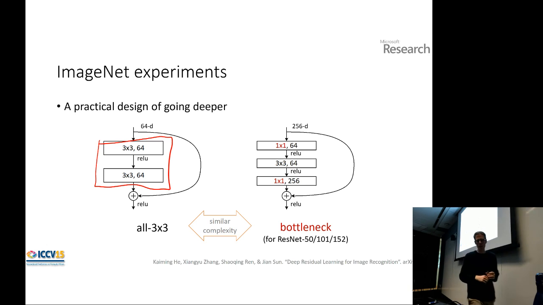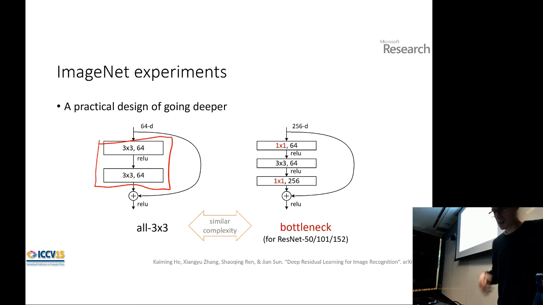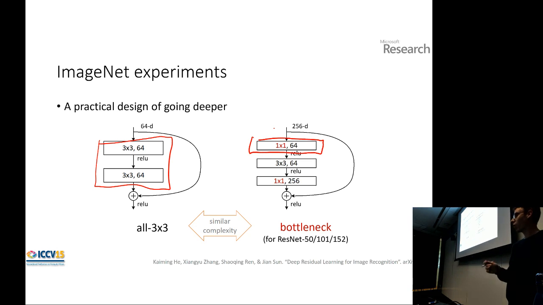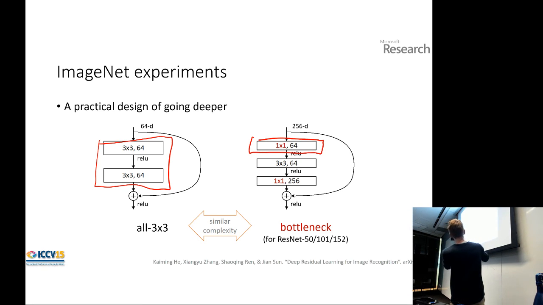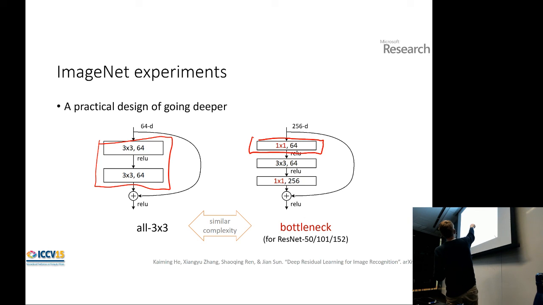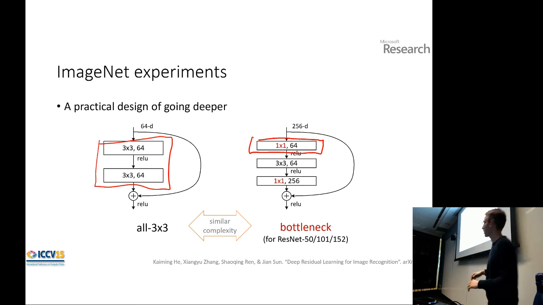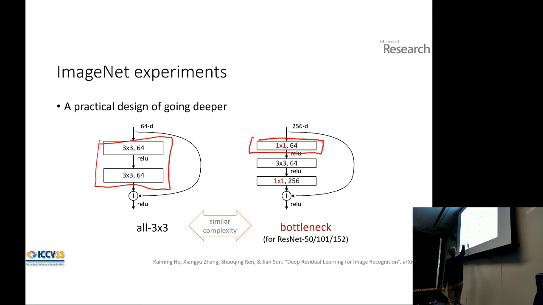And they said, well, let's try one other little tweak here, which is this bottleneck trick, where they first have a convolution which is 1x1. That's a funny convolution because it's essentially just doing some direct linear combination of the pixels. There's no real convolution happening there. And then it does a 3x3 convolution followed by another 1x1. And when they say similar complexity here, what they mean is the time that it takes to do all of these matrix multiplications for this side is about the same as this.